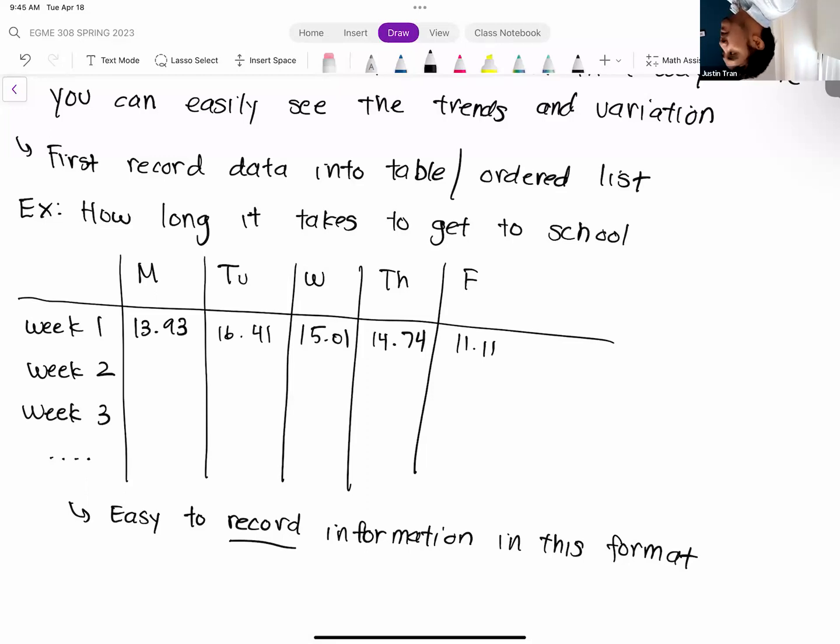Right. So the table format is nice just because it allows you to record data, but it's a little bit difficult to see the trends in the data or to see its random variance or even its average. Okay. And so what we'll talk about on Thursday is, what are some graphical ways that we can represent data? Maybe you probably used some of those tools already in your lab classes, and how that's more useful than this table format.